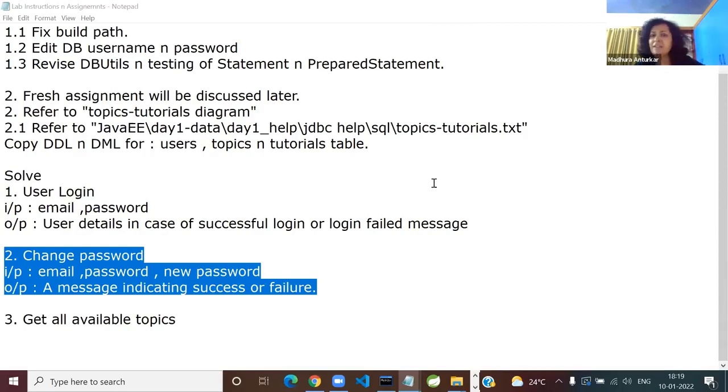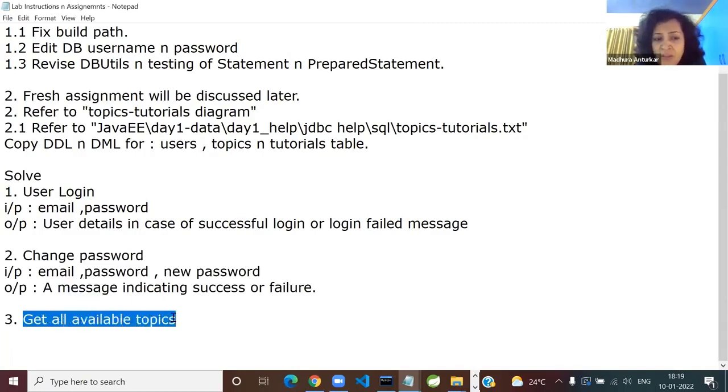Okay, so I have written everything in that README, JDBC, everything is there. If you want, you can do that. But this one, if I want to find out all the available topics, easiest. So this is again a select query. If you don't want to try on your own, you can skip this and get me all the available topics. How? Prepared statement, another prepared statement. What query? Select star from topics and do the needful.